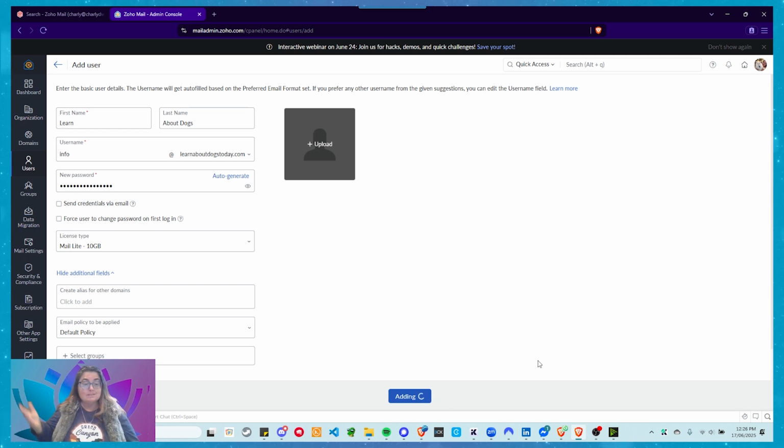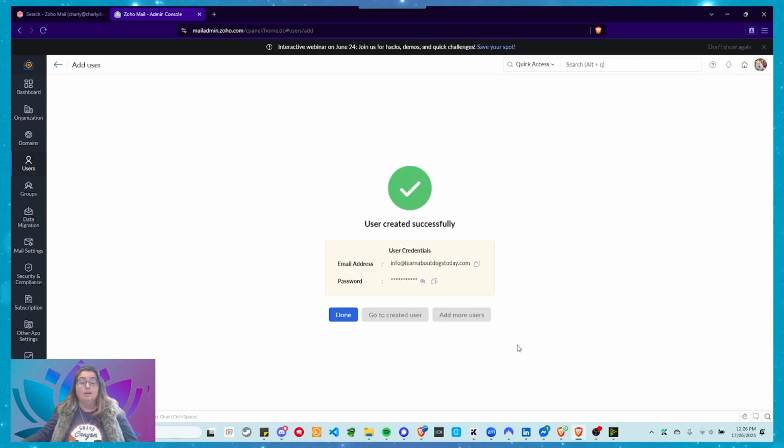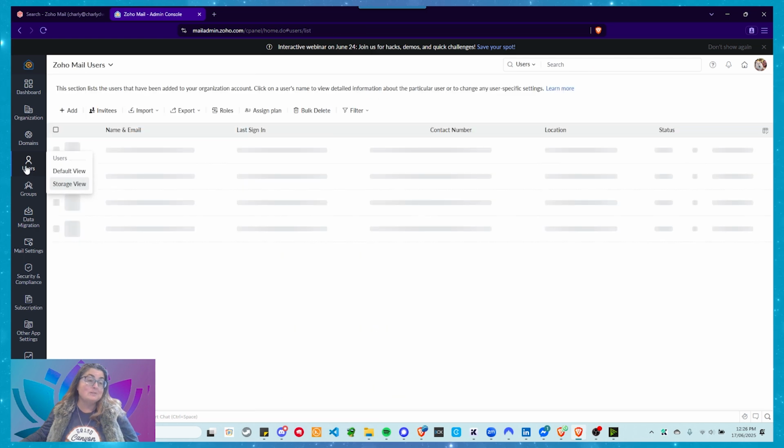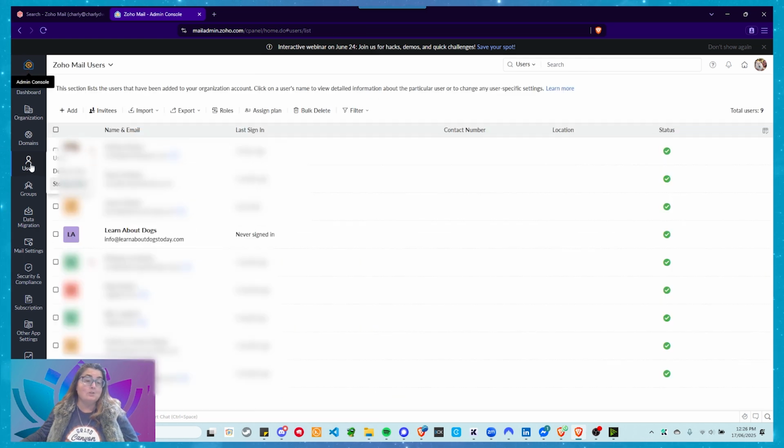So this is all the admin side of things, right, guys? Now it's all done. I can copy their email address. I can copy the password. I can see the password that I set. This is the last time I'm going to be able to see it, by the way, and I can go to the created user. Now, here under the created user, if you forget where you are and you say, oh, I don't want to do that, and go and do something else and wonder how to get back in there, just go to your user menu. So in the left-hand side, go to your user menu, find the user that you just created,